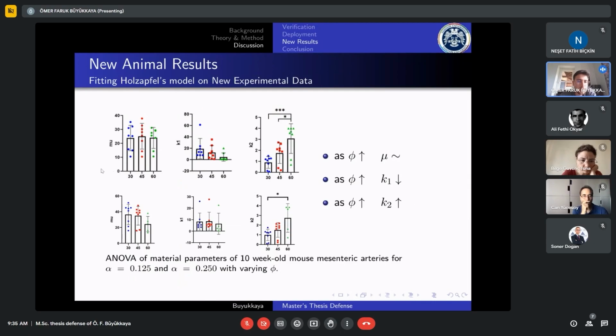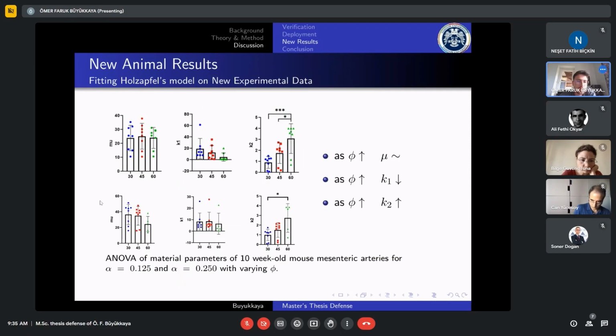In the first row, alpha is equal to 0.25, and in the second row, alpha is equal to 0.25. These plots represent the material parameters plotted versus changing fiber angle,